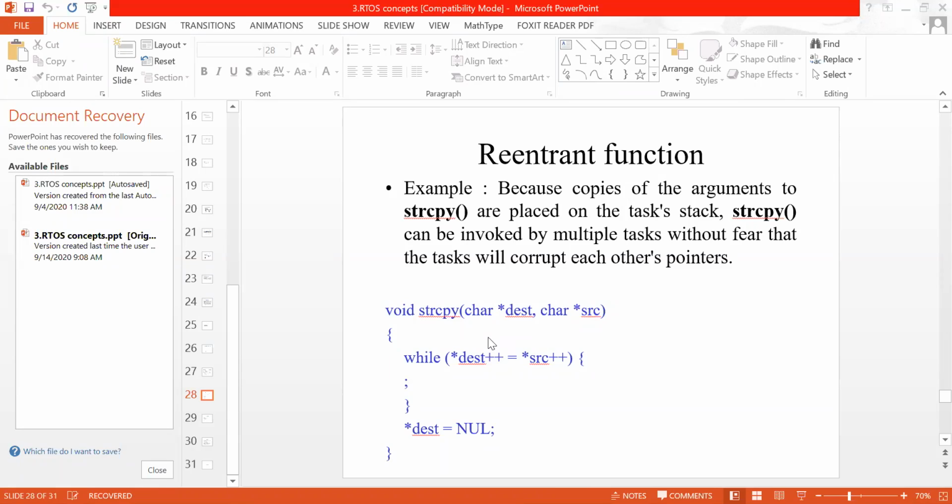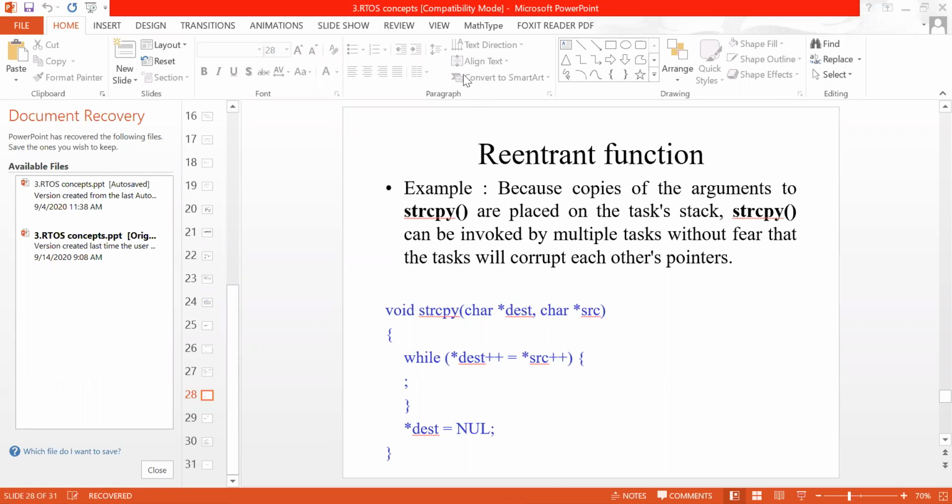Whenever we are switching from one task to another task, the process is to push all the contents on the stack memory. And whenever you come back to the original task, your process is to pop down all the contents. If you do this process with the help of the string copy functions, the string copy functions will give you the correct output for your low priority task as well as the high priority task. That way there is no data corruption between these two tasks.